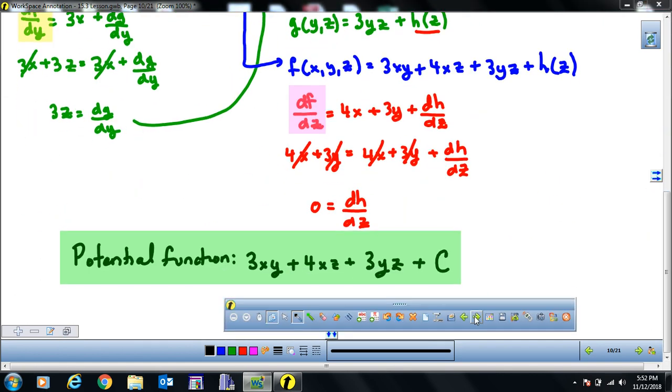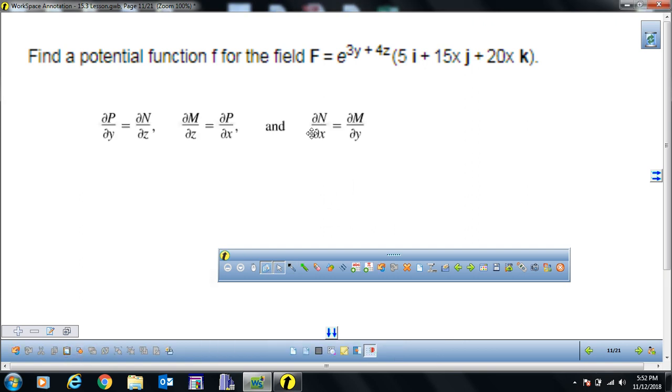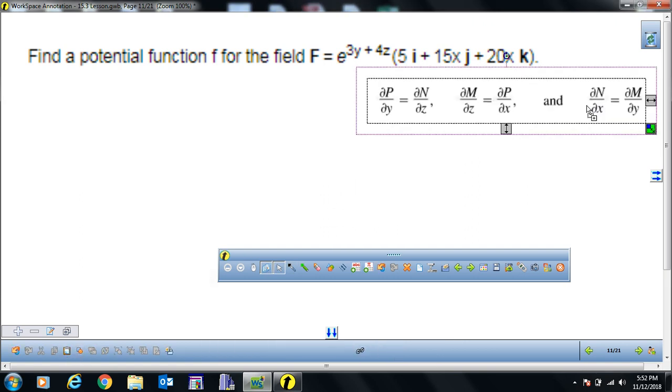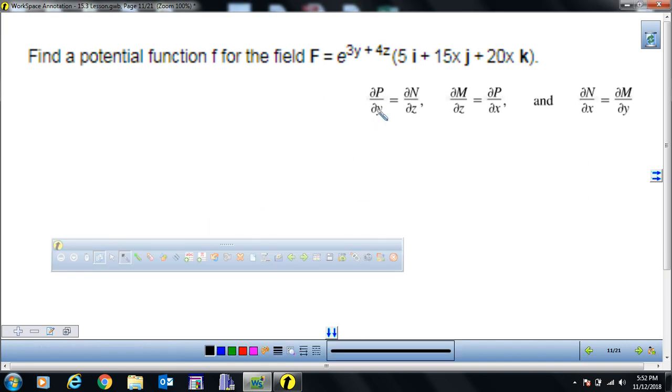Let's do another potential function. Now we're going to find the potential function for this field. But before we do that, we're going to verify that that is actually a conservative field. That's what we need to verify first. Okay. Let's do the verification for a conservative field to see if we can find a potential function for it. So the derivative of the k component right here,